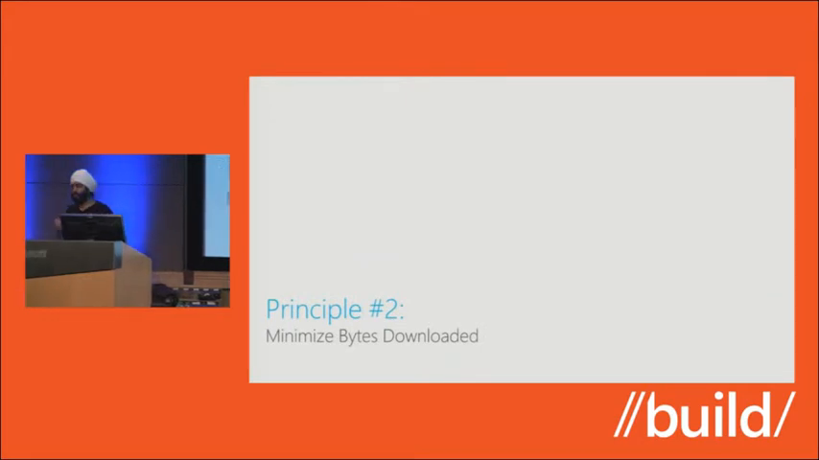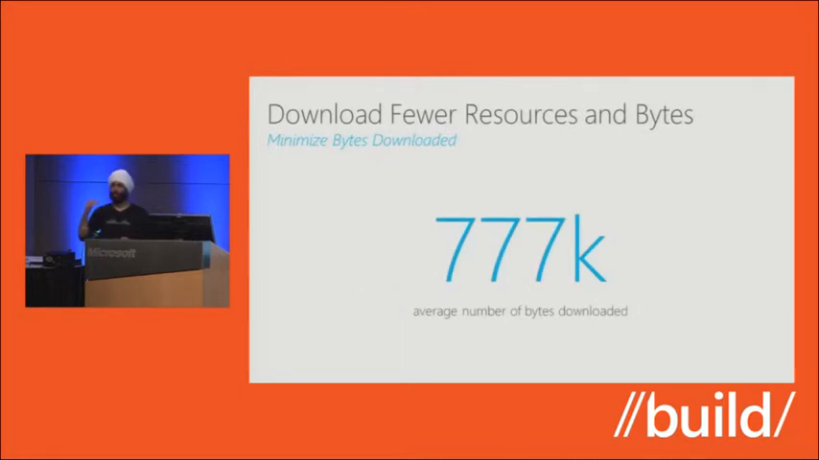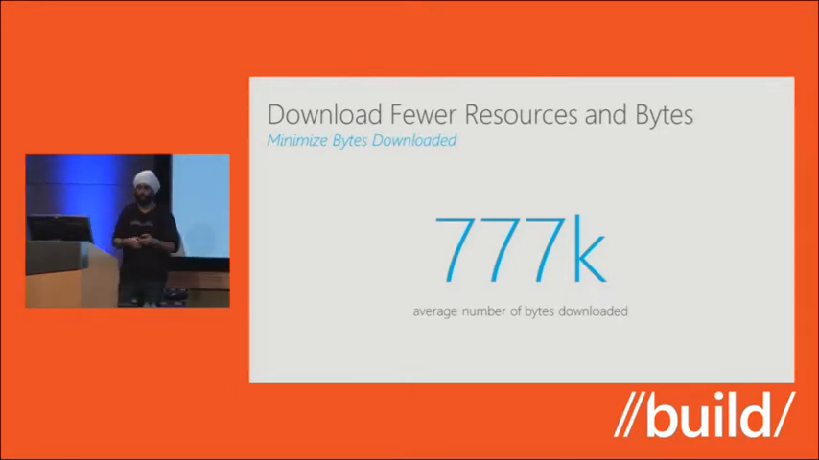Okay, so the first principle was about quickly responding to network requests. Principle number 2 is about minimizing the number of bytes being downloaded. The fewer resources you download, the better. So really take a look at all of the resources you're downloading and try to look at where you can cut down. The average website today downloads